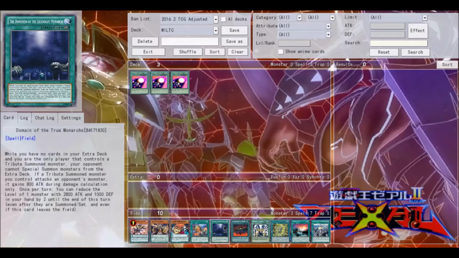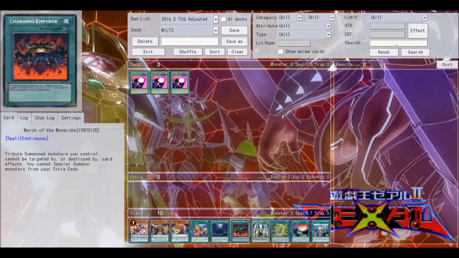Another deck this is actually really good against is Monarchs. Monarchs play 3 different types of spell cards that stay on the field. They play Domain, which is the field spell, and the key card of the deck that keeps the opponent in check and in lock. If you don't know what this does, it prevents the opponent essentially from special summoning from the extra deck while they control a tribute summoned monster, which is really easy for them. March of the Monarchs. Not a lot of Monarch players use this card. However,